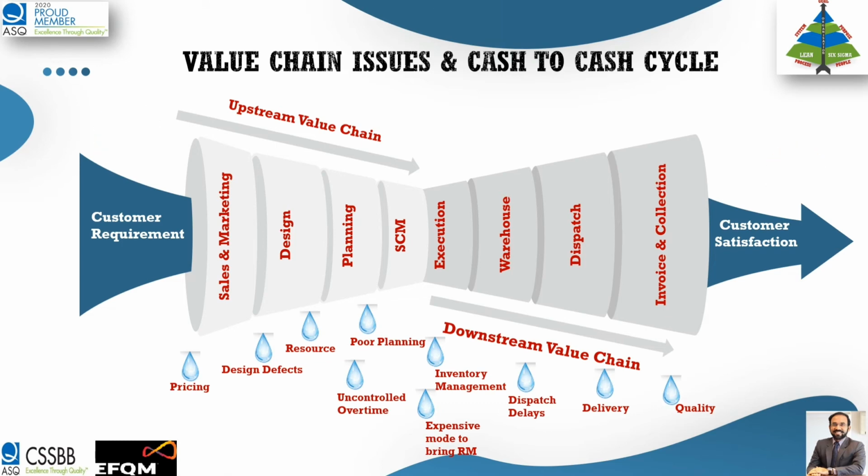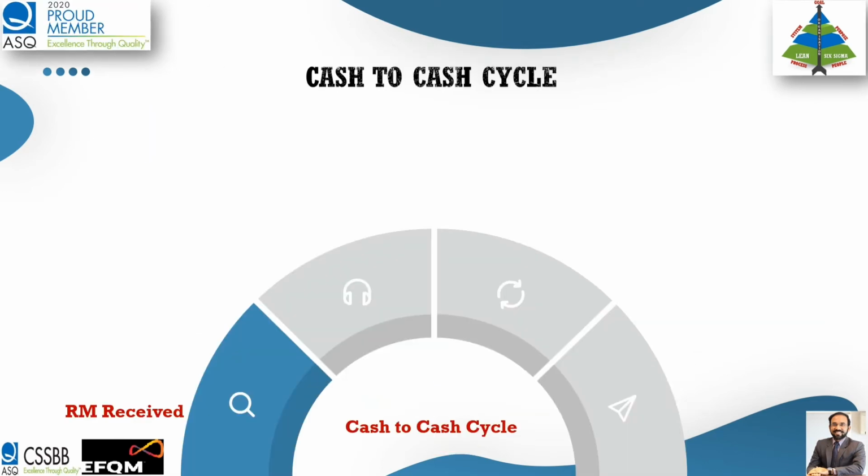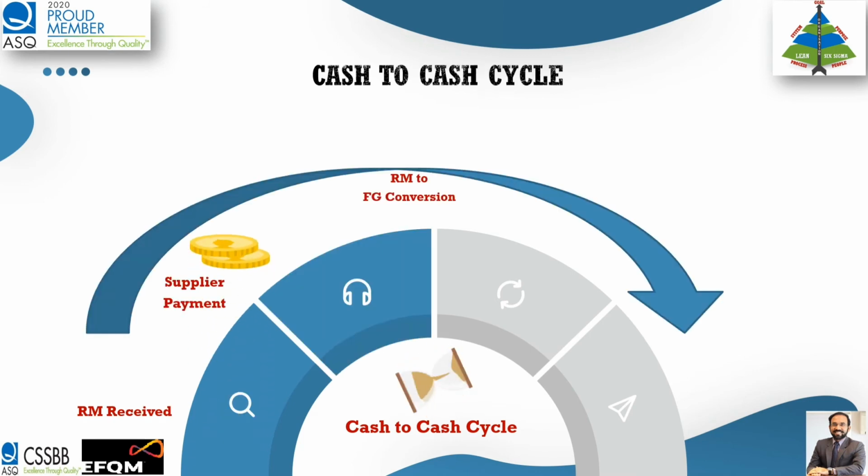So these are some of the areas where, if you investigate, you will find in an organization n number of improvement opportunities exist. That's why I picked up the value chain perspective. An organization needs to generate cash. Typically, in any manufacturing organization, the moment the raw material is received, within 30 or 60 days you are supposed to pay the supplier. Obviously he will get the money, but my conversion process is still going on and on.